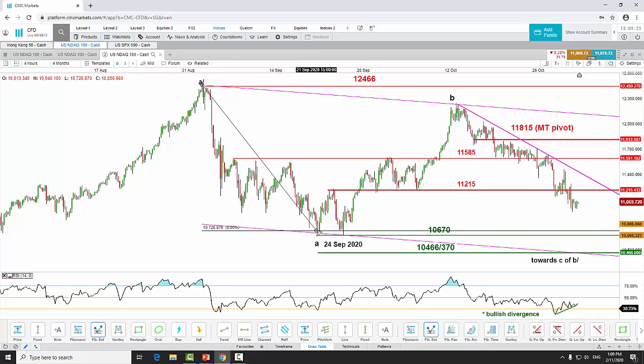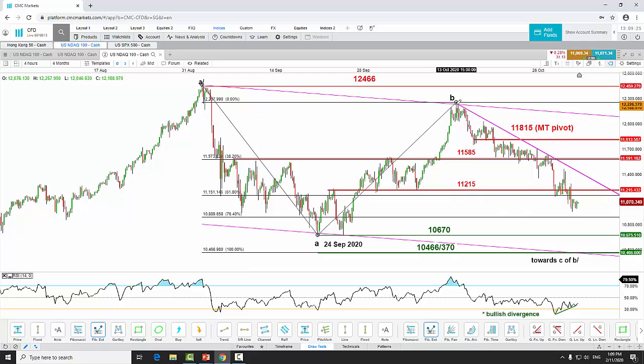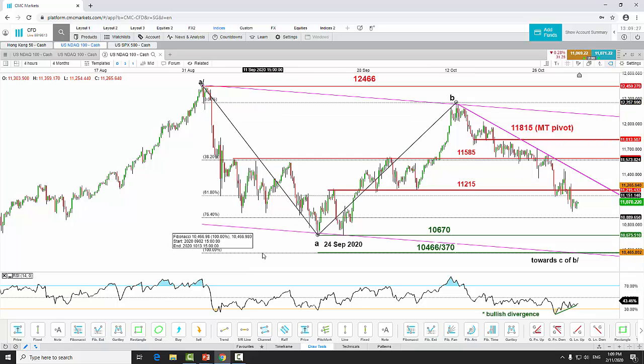From here to here. So you can see a one-time Fibonacci extension as well. So what it means is that this 10466/370 level is pretty significant, as it is confluenced by a couple of technical elements, graphical as well as the Fibonacci extension level, on both the 4 hour and the daily time frame. So if this level managed to hold, as the day starts to progress from here,